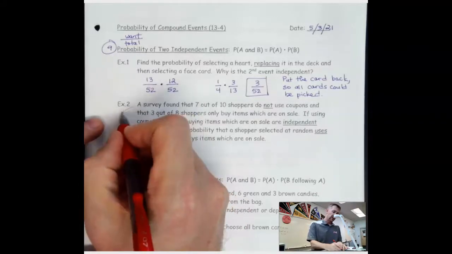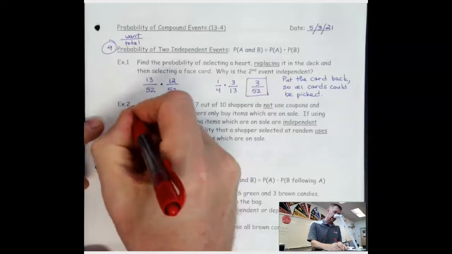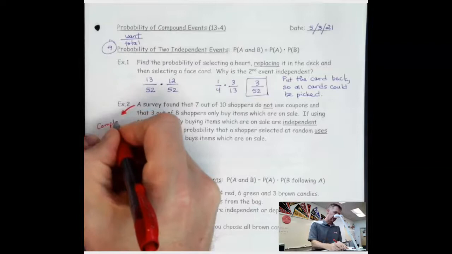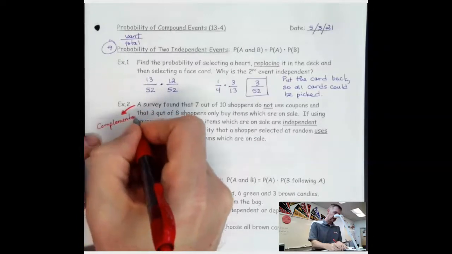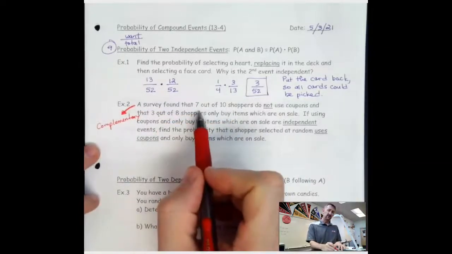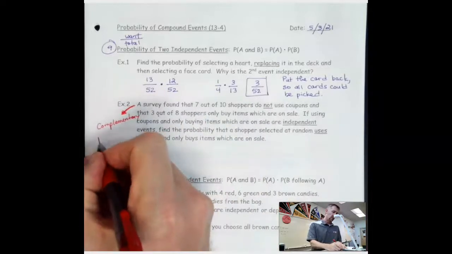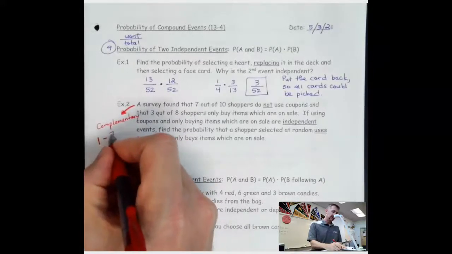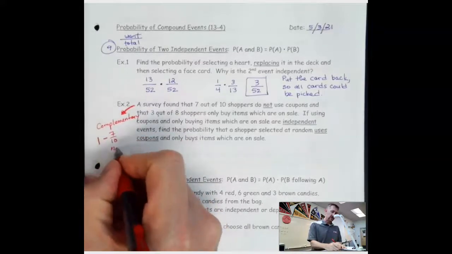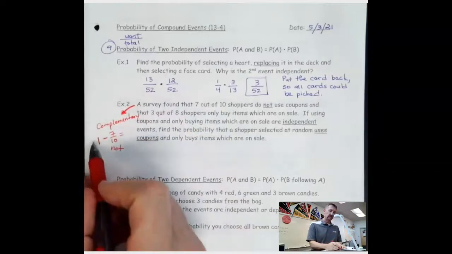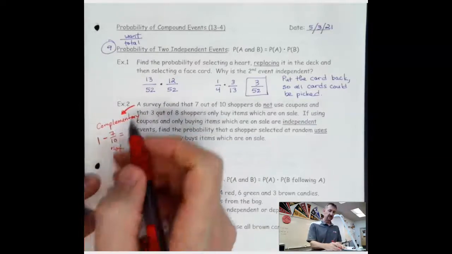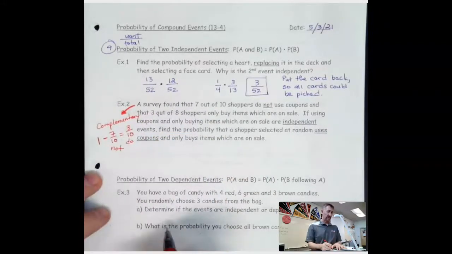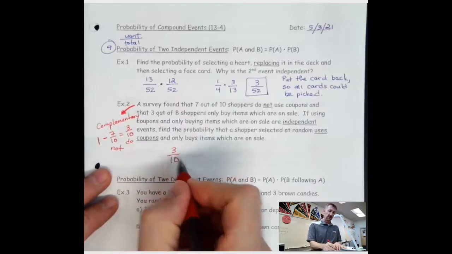So the first thing maybe we should handle is we should take a look at that and think about what that means. Well, that's the complementary event. So if 7 customers do not use, so 1, that's 100%. That's everybody. Minus 7 out of 10 do not use coupons, then this will be 10 out of 10. 10 over 10 minus 7 over 10 is 3 over 10. So 3 out of 10 do use coupons. So 3 out of 10